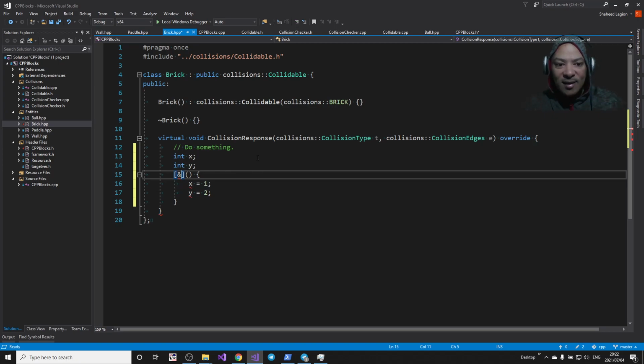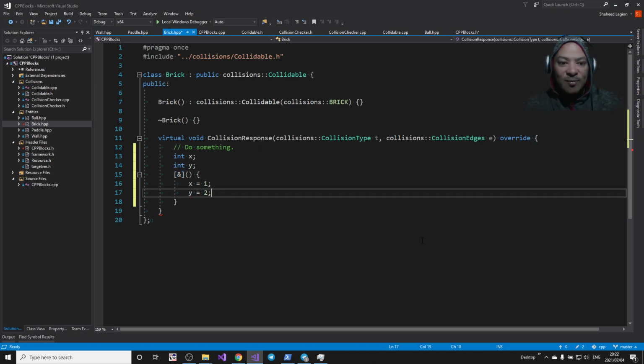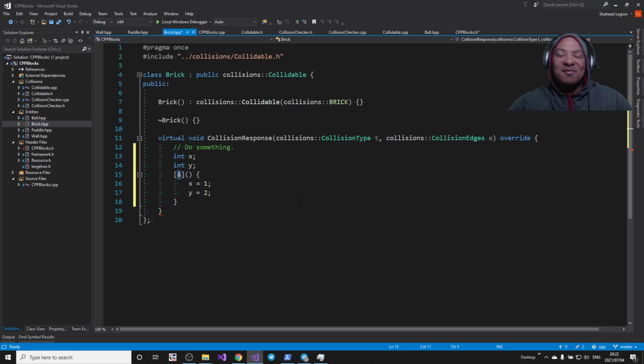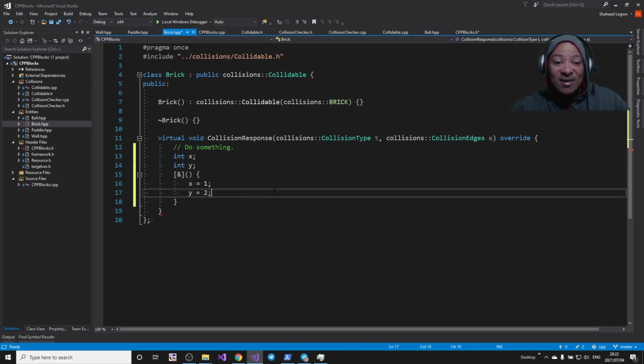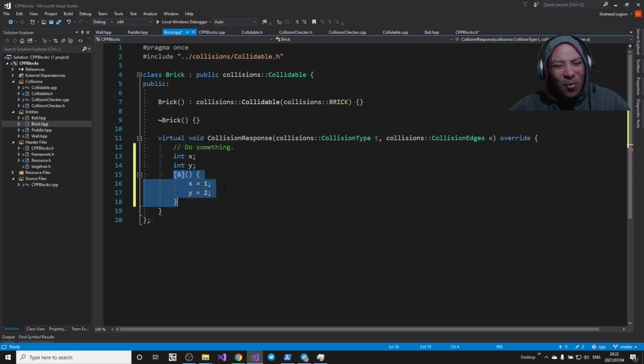There's a way to make a lambda work. There we go. Grab it by reference, not by value, which is a horrible way. Like, having to memorize this syntax? Nah, it's not for me. I mean, I can do it. I know how to use this. I just don't like it at all. It's horrible. Look at this. This doesn't even look like